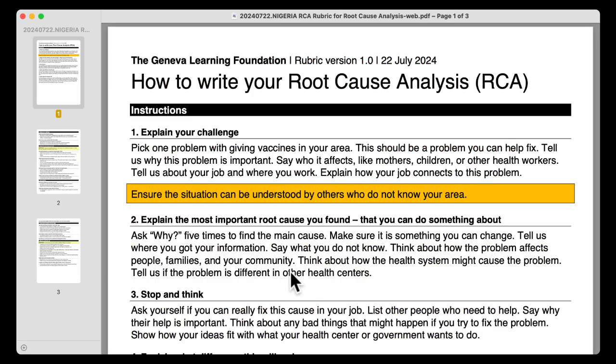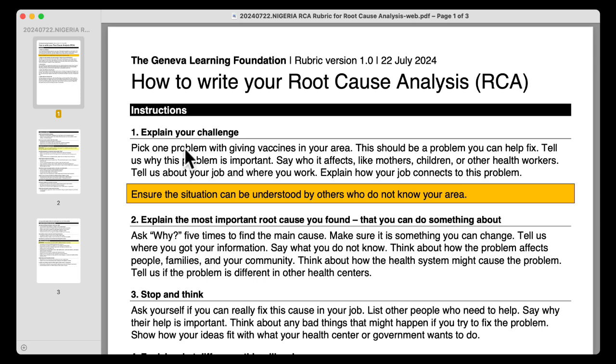All right, we're going to work through the root cause analysis development process. So the place to start is what we call the instruction manual. This is how to write your root cause analysis. It's also what we call the rubric. You may not be familiar with the term, but get to know it. This is your friend. This is the best guide that you can find to help you write your full RCA